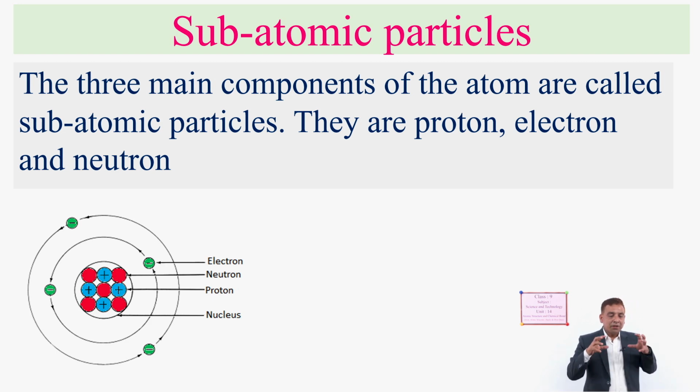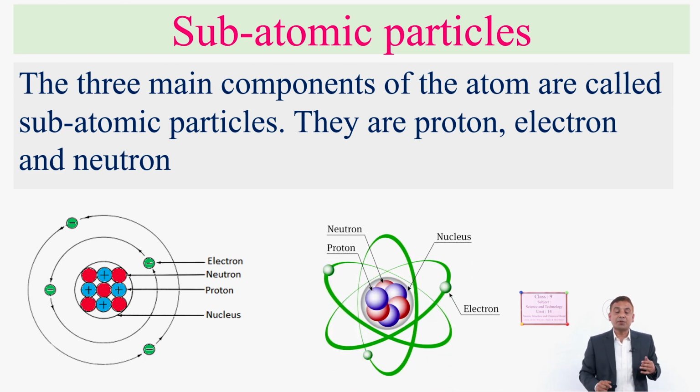So, by talking about this, I think you are able to know the location of different subatomic particles, like where the electron lies, where the neutron lies, where the proton lies, and what the collective form of the proton and the neutron is. I think it is quite clear about this. Moreover, it can be represented like this, because